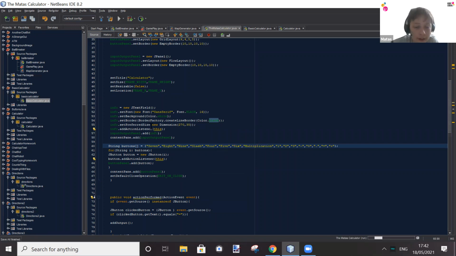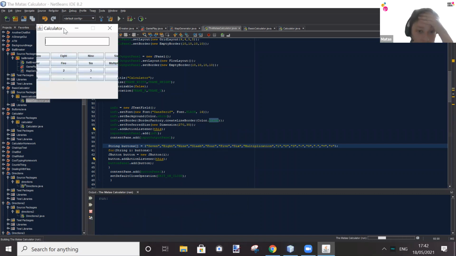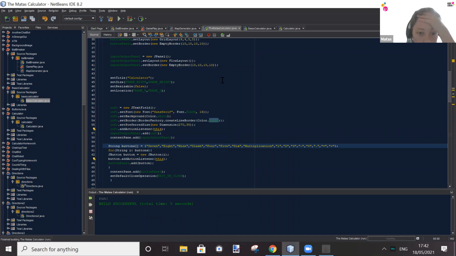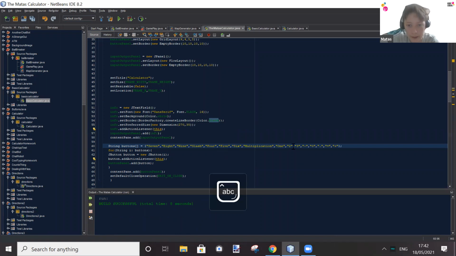Okay, let's just keep it like that. Let's see if it works. And as you can see, it really extends the screen size. However, it does work. So let's carry on with this. And then what we can do is extend the screen size. And then if you don't know how to count for some reason, then you can type it in letters. So let's do, actually no, let's make it subtraction, 0 point